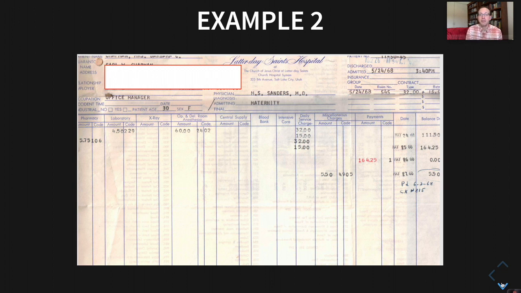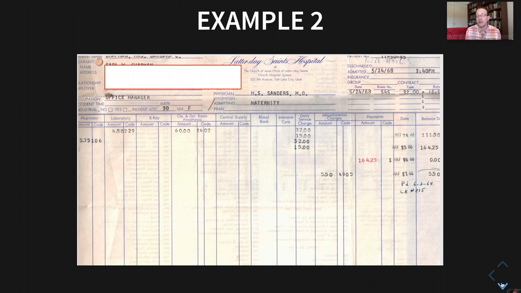So here is my bill from my birth in 1968, and I provide this to my students along with the coding to ask them to identify what are the examples of demographic, administrative, and clinical data. And if they are diligent students, of which most of them were, they will see that this code 905 and the charge of $5.50 refers to my circumcision.